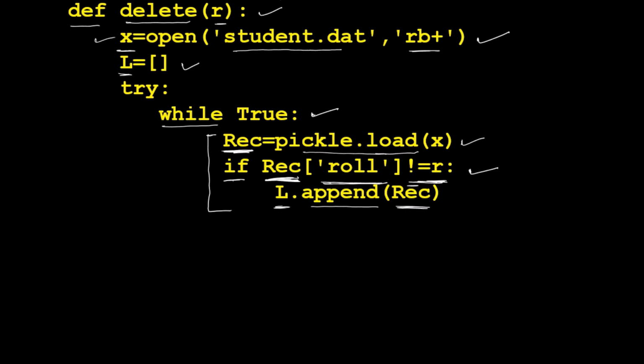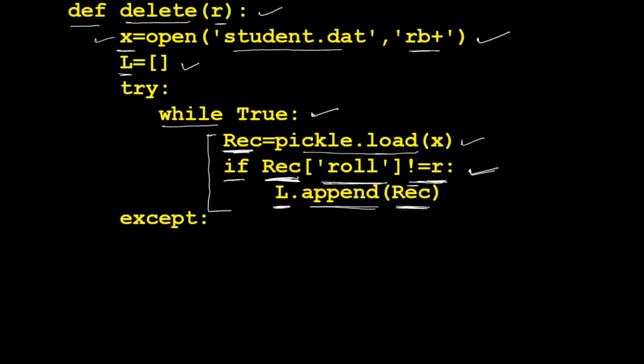If it does not match, this record or object will be appended to the list L, which we have created for storing all records from the file which have to be kept in the file or which are not to be deleted.